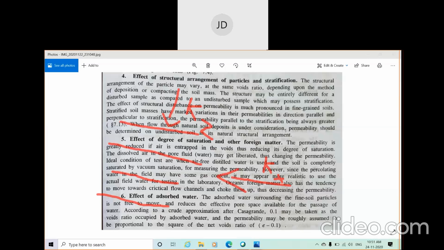A stratified soil mass has marked variation in permeability in directions parallel and perpendicular to the stratification. If water is flowing in this direction, the flow is parallel to the stratification. If water is flowing in the perpendicular direction, the flow is perpendicular to the stratification. If you consider kx in this direction and kz in the vertical direction, it is proved that kx, the coefficient of permeability along or parallel to the direction